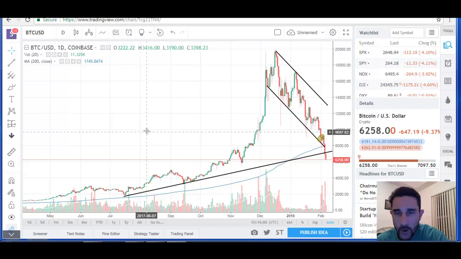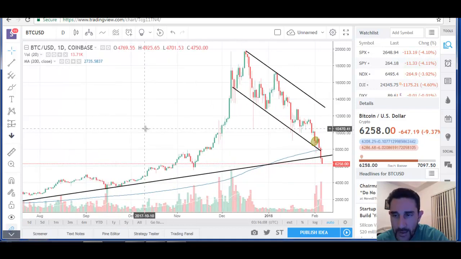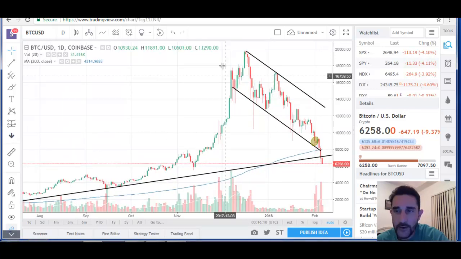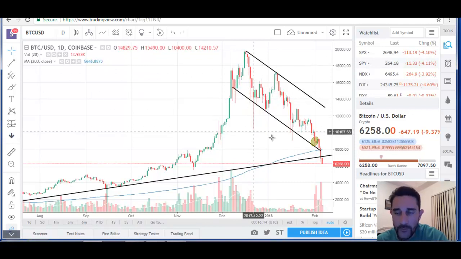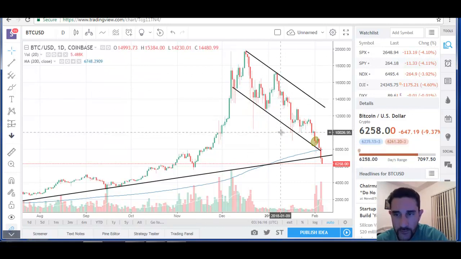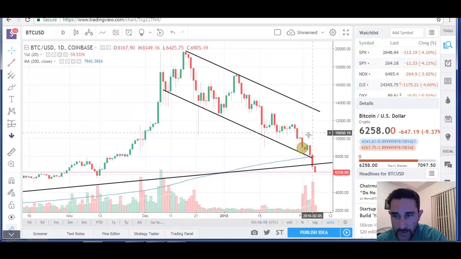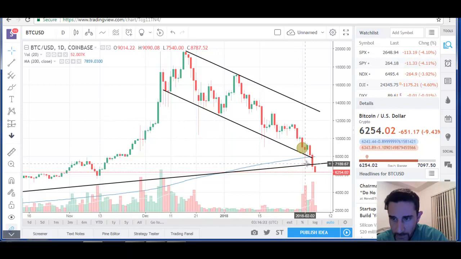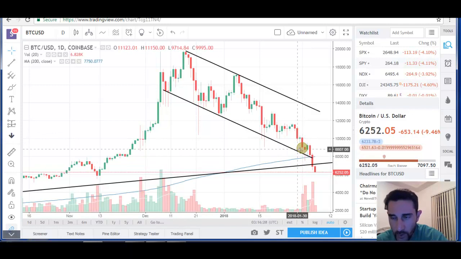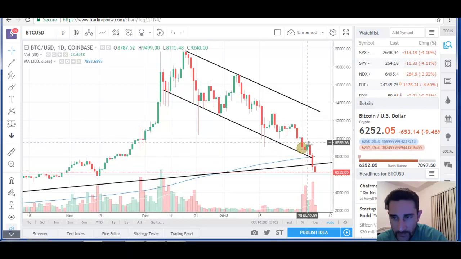You'll see we have Bitcoin on the chart here, and this is the daily chart. As you can see, a descending channel that I've had drawn for some time. We've seen some bullish U-turn patterns within this, but I'll show you the last one. It's circled here. So we had a down move, and then essentially we got a reversal candle. Trade through the prior low, close above, gives us our green light, get in on this open